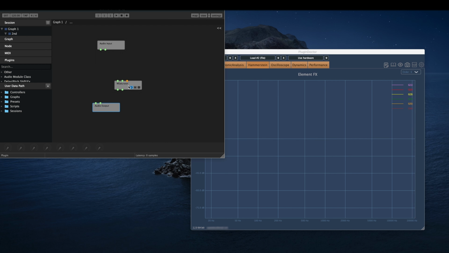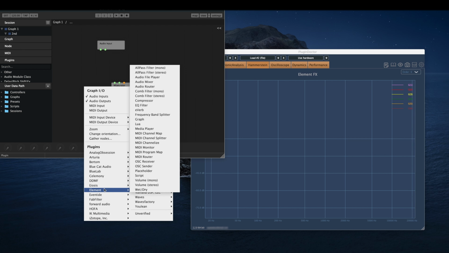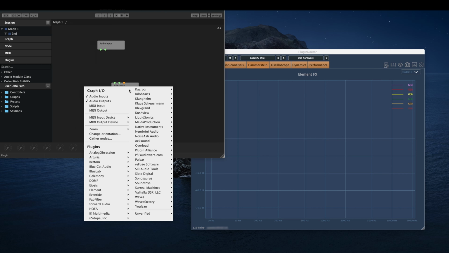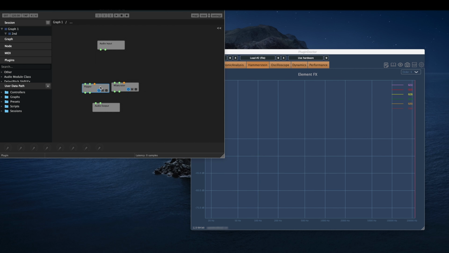So now we just want to get the harmonic distortion component. So how do we do it? We will add a polarity invert. Now, this plugin comes with these components built in, but it doesn't have polarity inversion. So I downloaded a plugin called Flipper. This is also a free plugin. So when I put Flipper here,